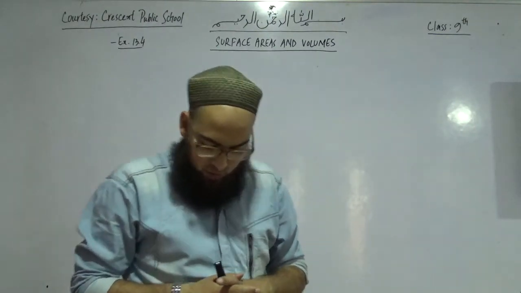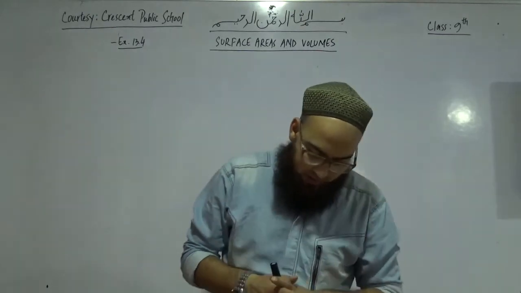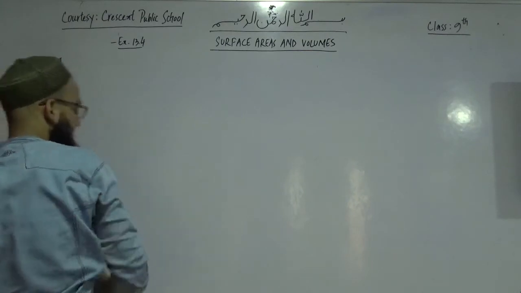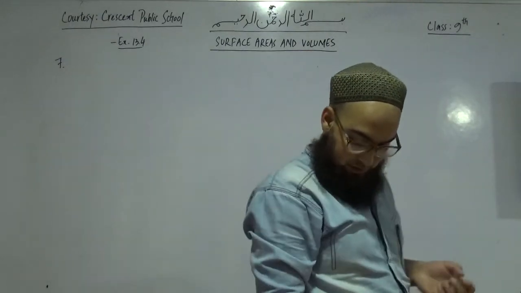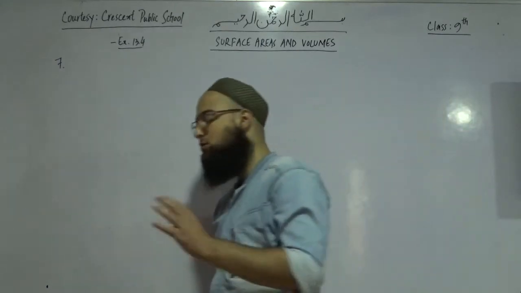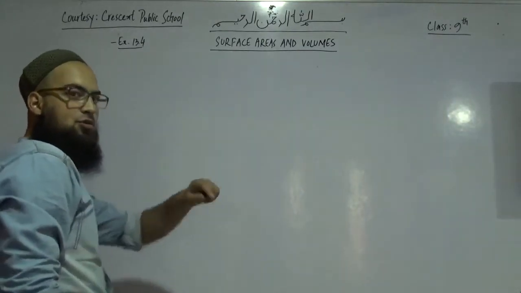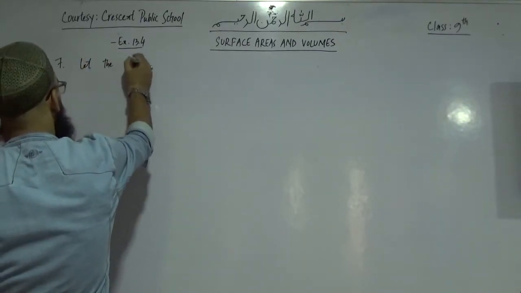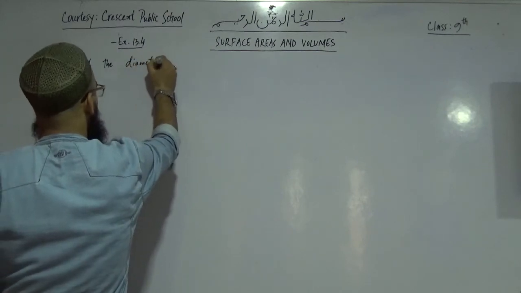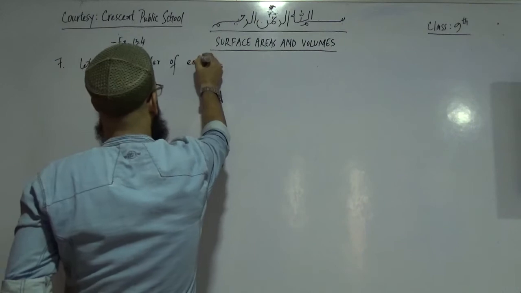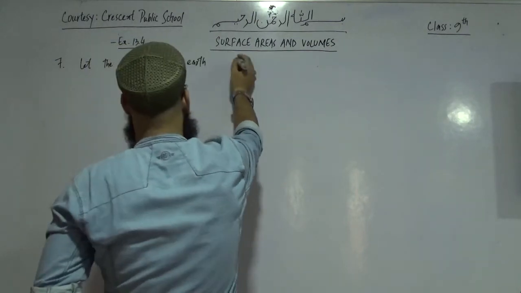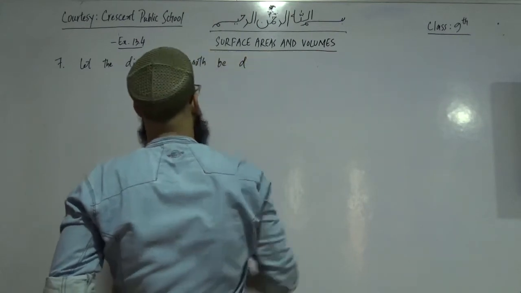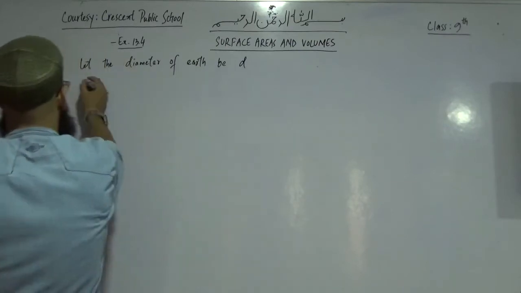The diameter of a moon is approximately 1/4 of the diameter of the earth. Find the ratio of their surface areas. Question number 7. It says the diameter of the moon is approximately 1/4 the diameter of the earth. Let us say diameter of earth is d. Let the diameter of earth be d, which implies that,